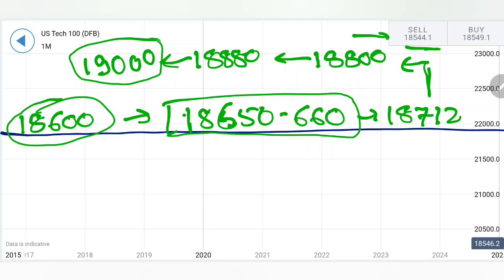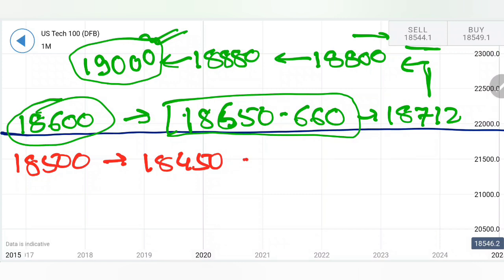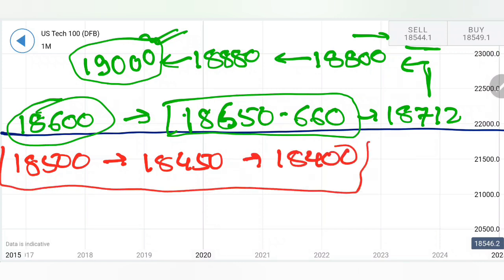Now, on the downside, though I do not see it breaking these levels very soon, remember this fact, but these are markets. On the downside, you can sell at 18,500, but 18,500, 18,450, very good support, and in fact 18,400. These three levels you should watch out for. This complete zone between 400 and 500 is a great support, and if you see it staying below, then we can look forward to 18,320,